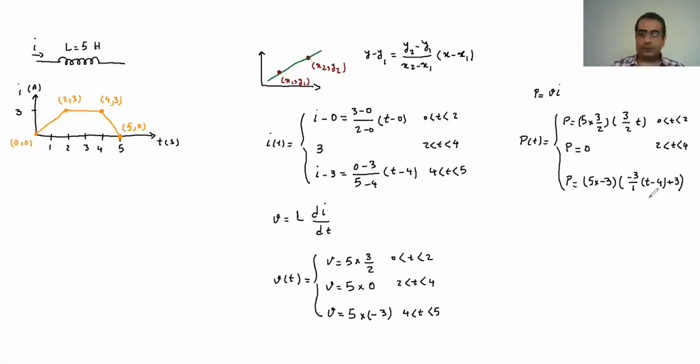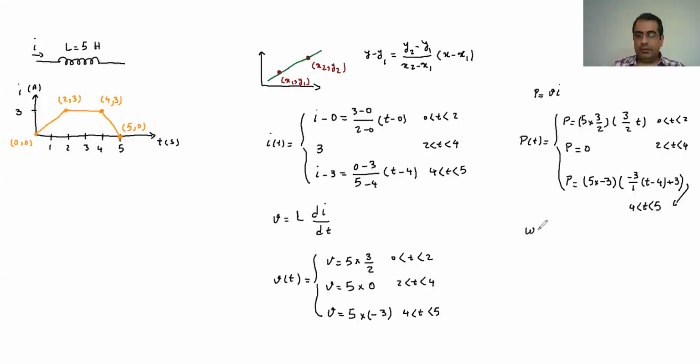So if I'm correct, it's going to be negative 3 plus 3, and this is for between 4 to 5 seconds. So this is going to be the P, and then we know that the